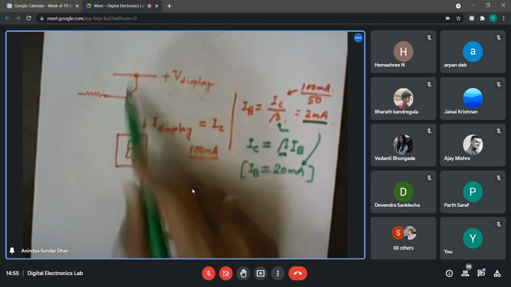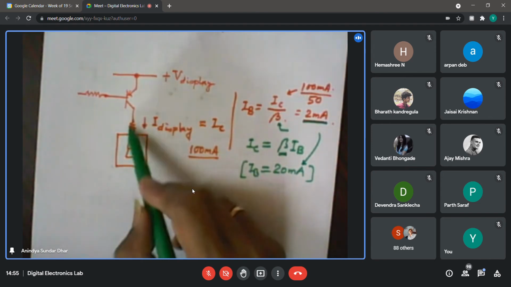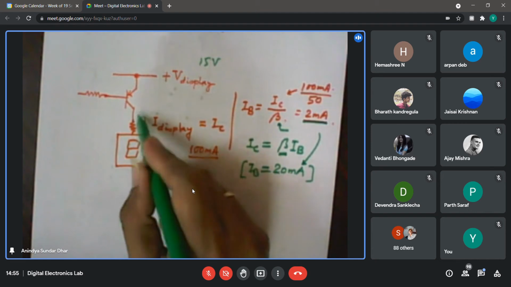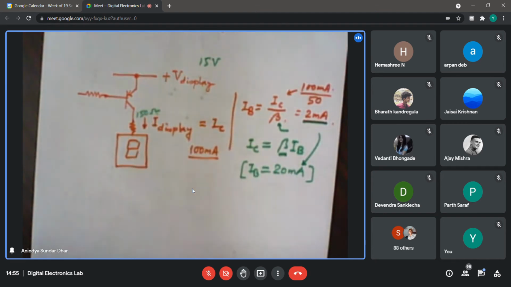But here, because of the display power supply voltage and this resistance, 1 ampere cannot flow. Suppose this is 15 volts and suppose this is 150 ohms. Then how much current can I expect in that case? 0.1 ampere, 100 milliampere.